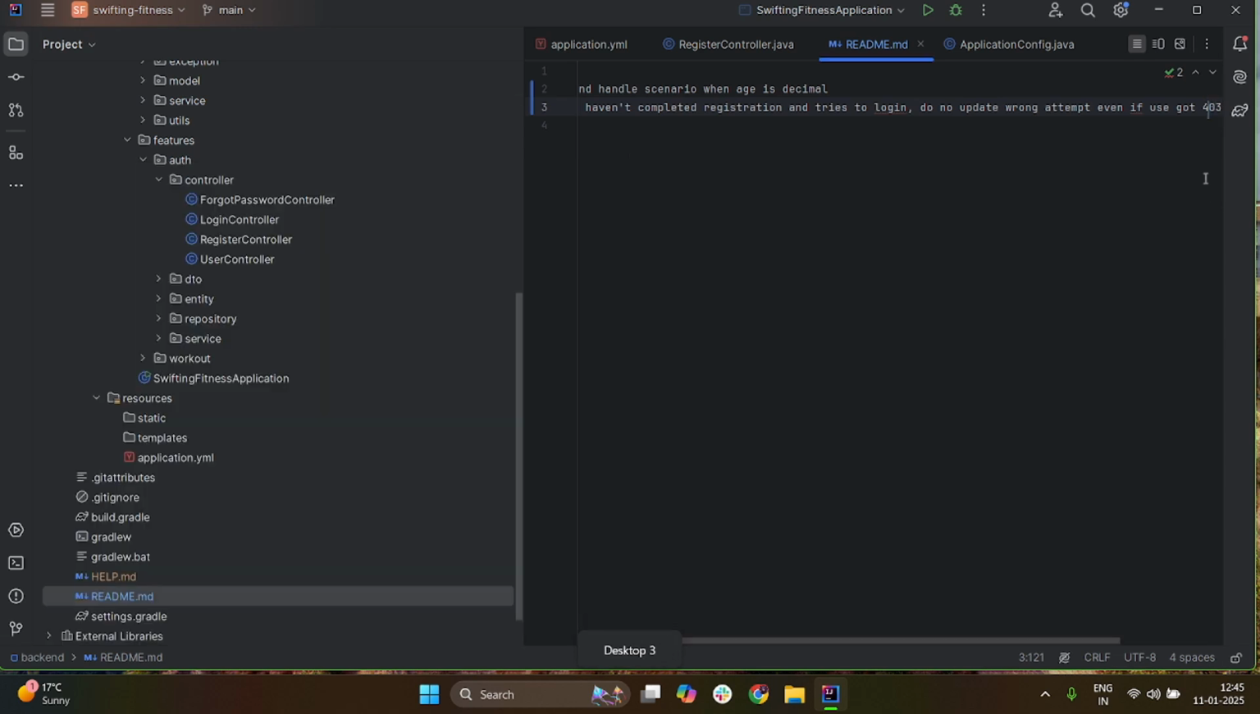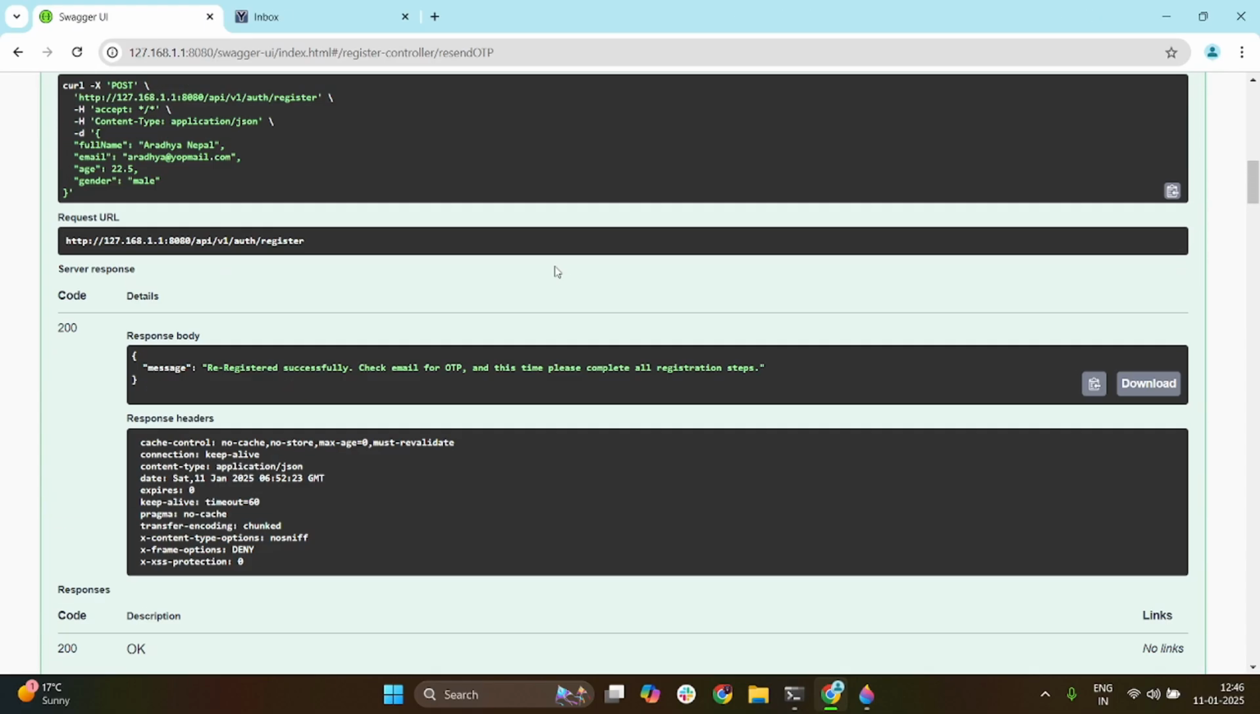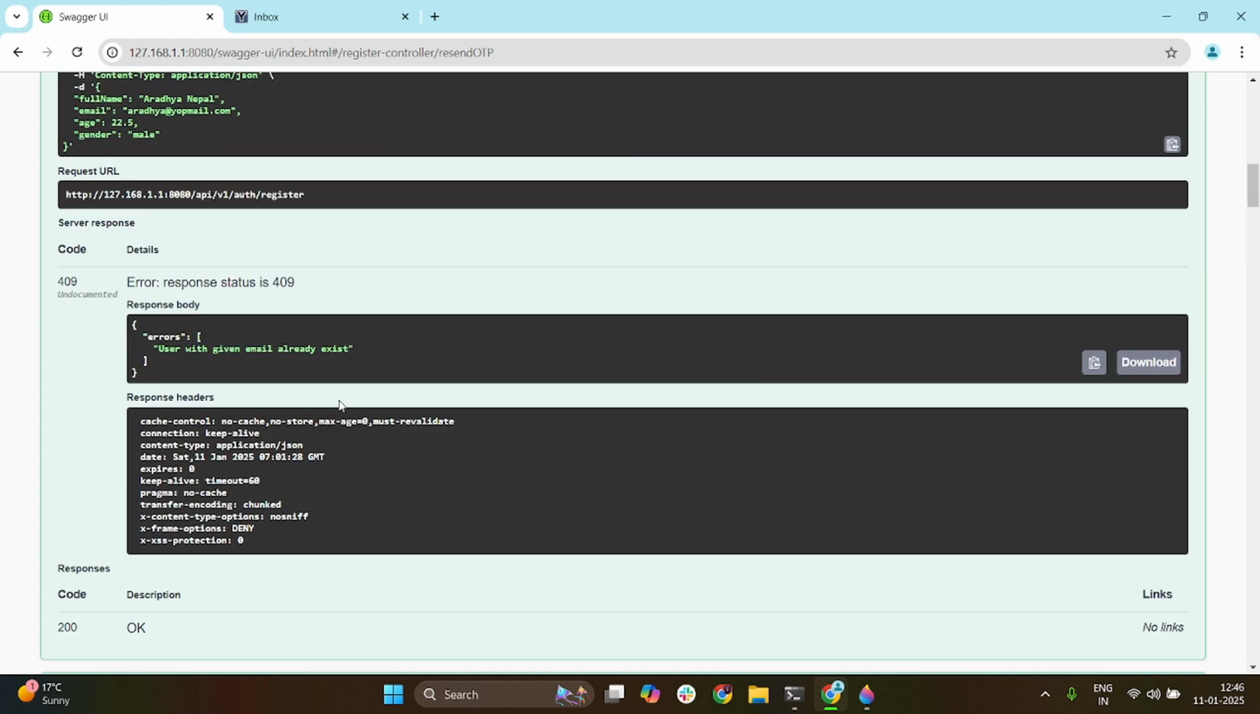By this, I also remembered one thing, that once user set password, even if OTP is correct, cannot set password in register, cannot resend OTP. So the user has successfully registered, and if I try this register API again, this is the exception which you will get, usually with this: email already exists,